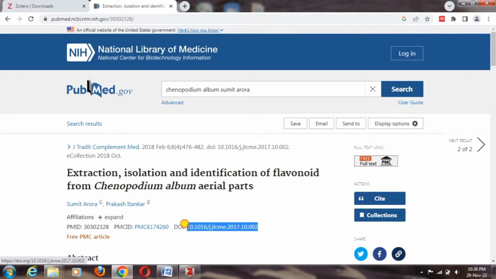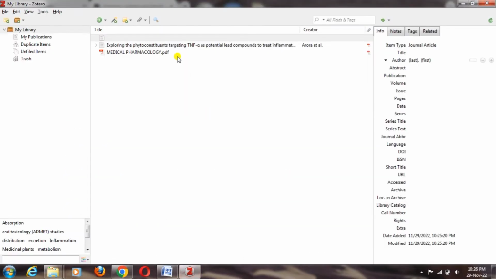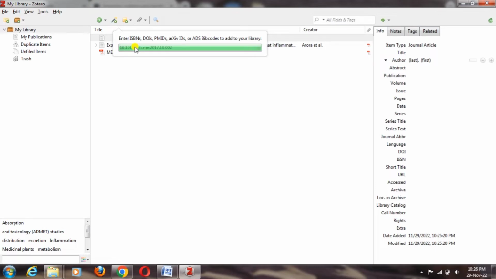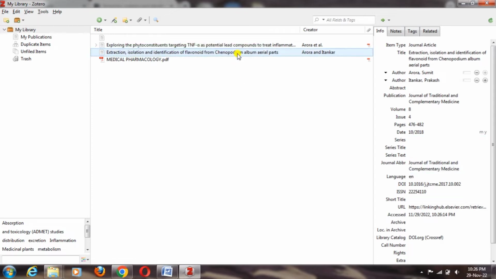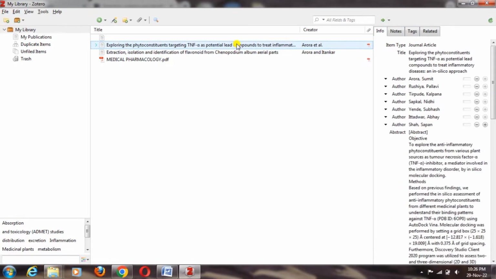Suppose I am copying this DOI with Control C, pasting it in the identifier field here, and pressing enter. After pressing enter, the journal article will appear directly on the right-hand side. You can see the title, the authors, the publication, the volume, the issue, page numbers, and URL along with the abbreviation. This reference is directly added here.